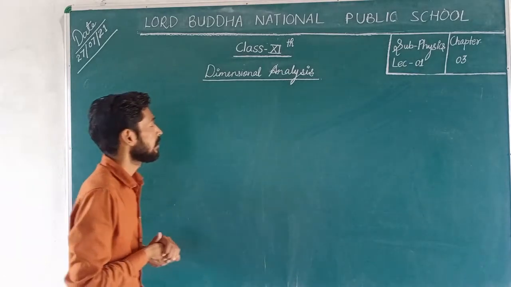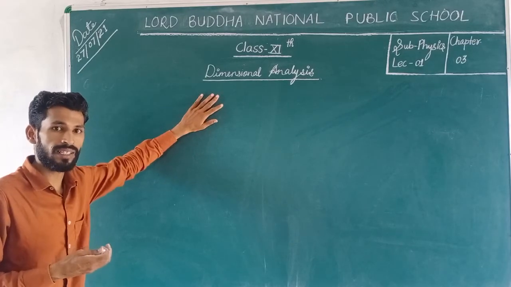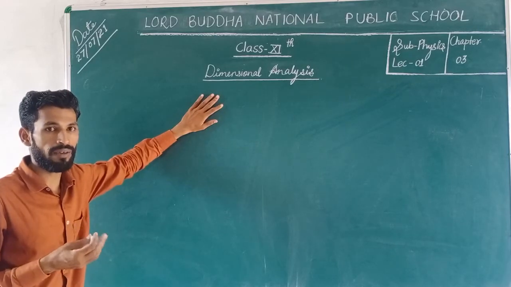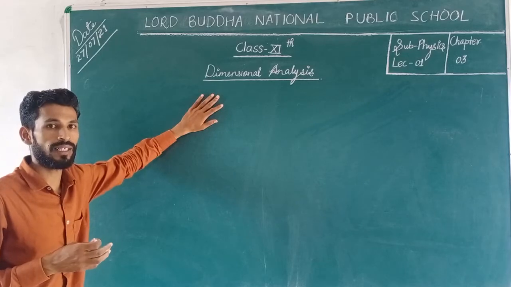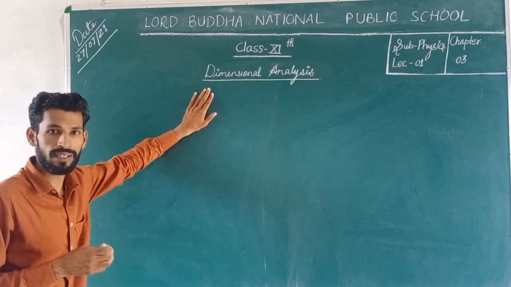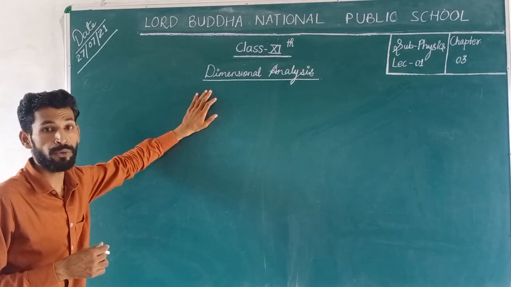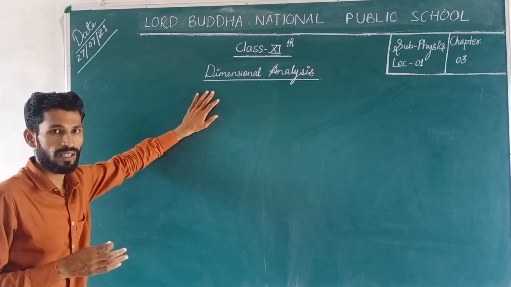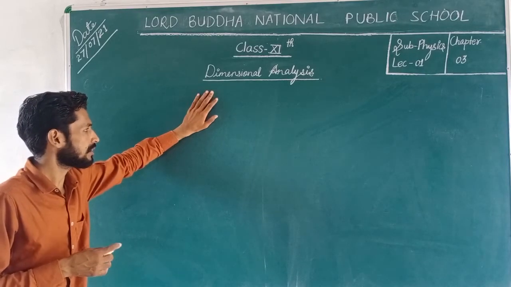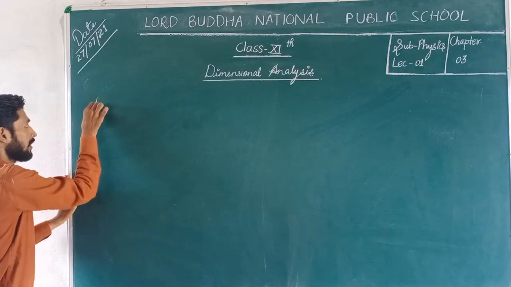And the importance of that chapter is we can check the balancing of the physical equations, like some formulas will be given and we can check whether the formula is balanced or not with the help of dimensional analysis. Actually, dimensional analysis is totally based on unit, and unit has been discussed in previous video lectures. But today some topics we will remind again. Okay? So the topic is unit,